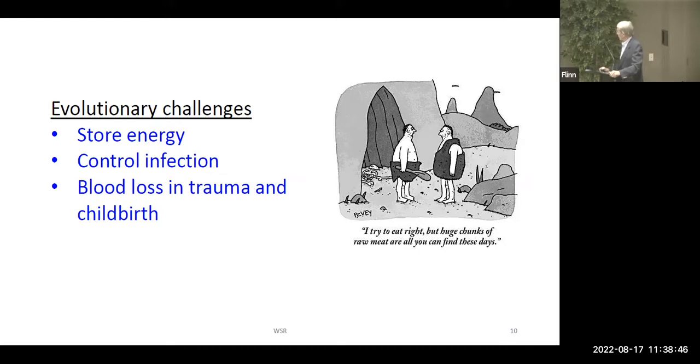So this slide here is for two reasons. Number one, it shows the point that food was not very plentiful and certainly not very varied. But it also shows another point, which I wanted to make, and that is that our caveman ancestors are always depicted as being these chubby little guys. But in reality, they were very muscular and they had probably not an ounce of fat on them.